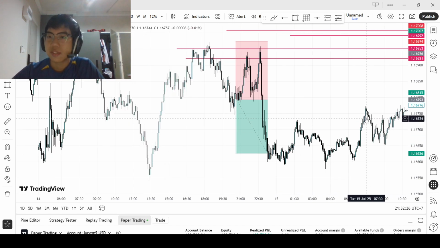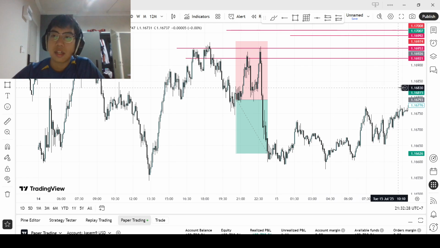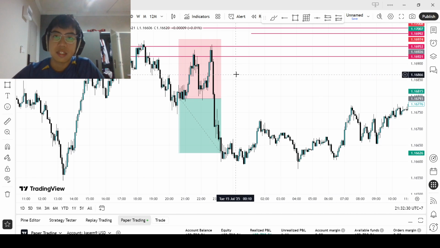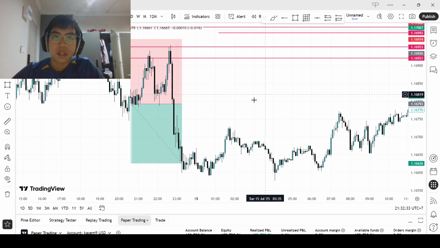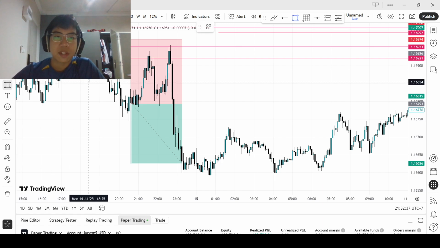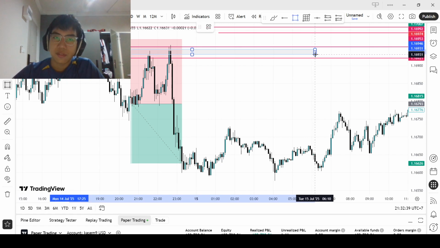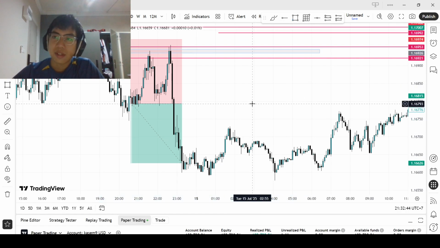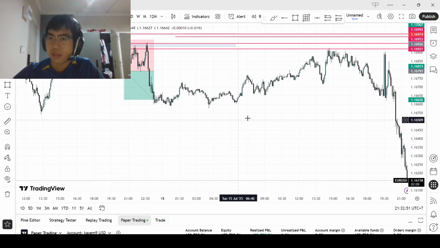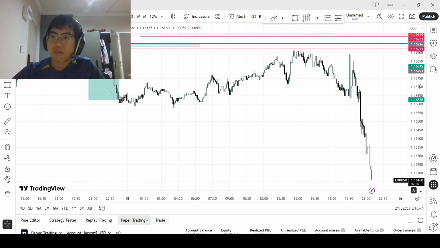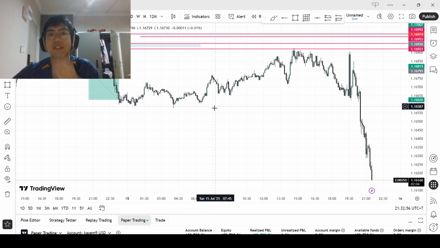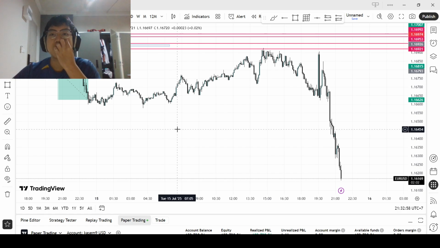And price behaved exactly as I predicted. Really not much. There was a retracement that filled this fair value gap here, which I could have used to get a better risk to reward, but that's not part of my strategy now. I'm actually using one-to-one, so that really doesn't concern me. And yep, got filled. Really textbook trade. Nothing much to talk about.